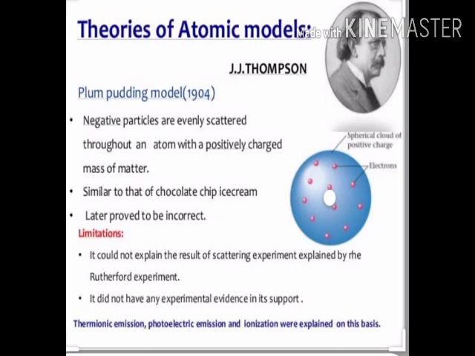Theories of atomic models. We got the following conclusions from plum pudding model: negative particles are evenly scattered throughout the atom with the positively charged mass of matter, similar to chocolate chip ice cream. Later it was proved to be incorrect because there are limitations. It could not explain the result of scattering experiment explained by Rutherford experiment, which we'll discuss. It did not have any experimental evidence in its support,